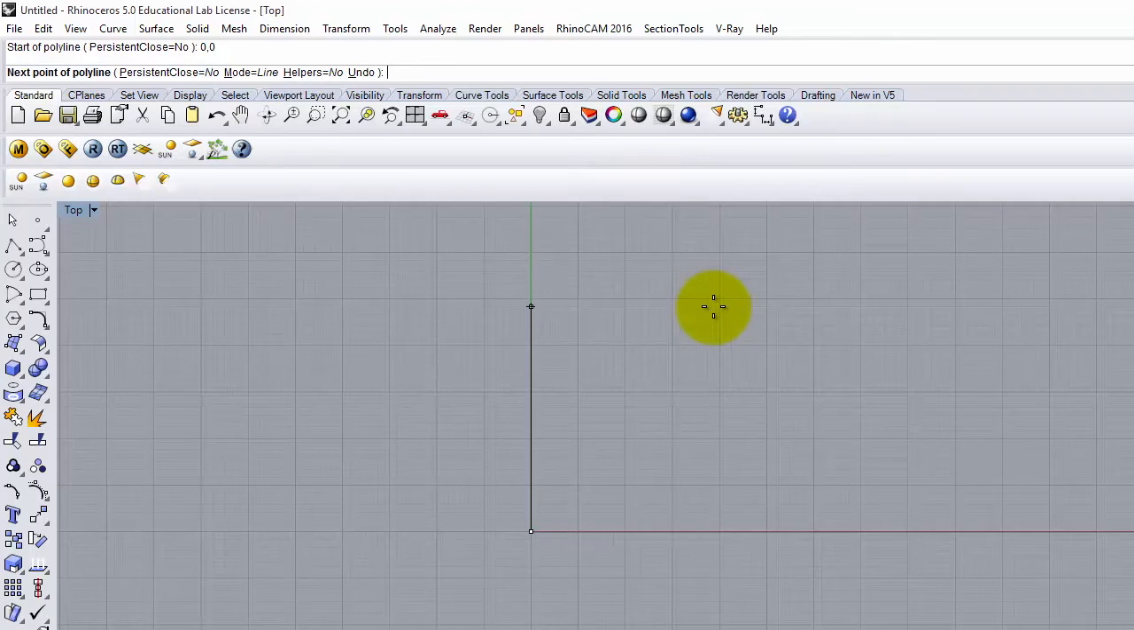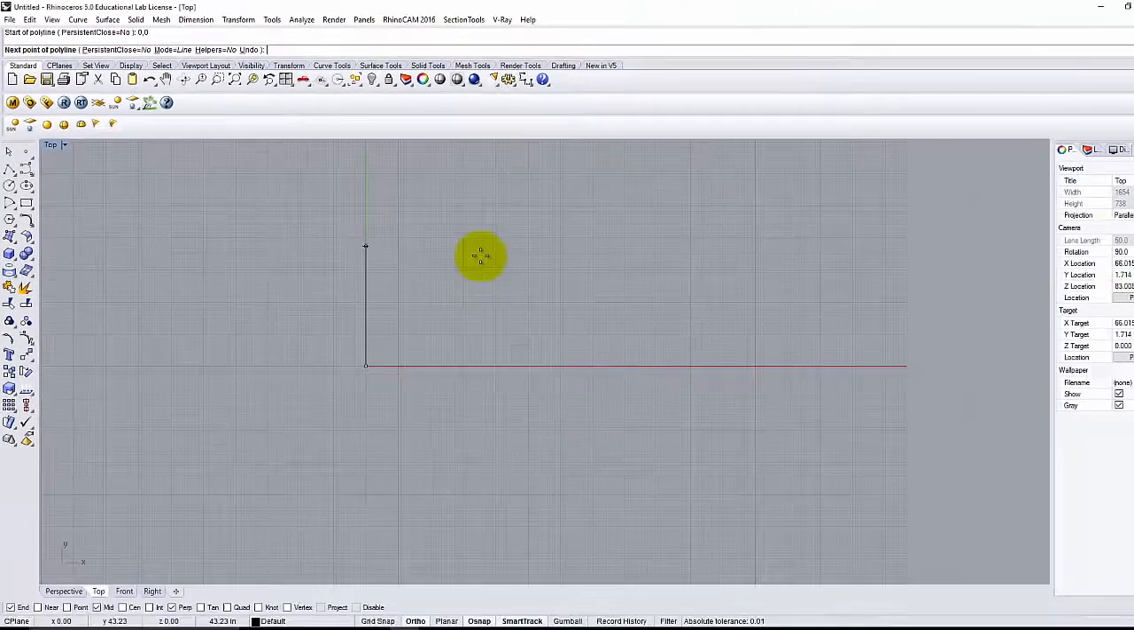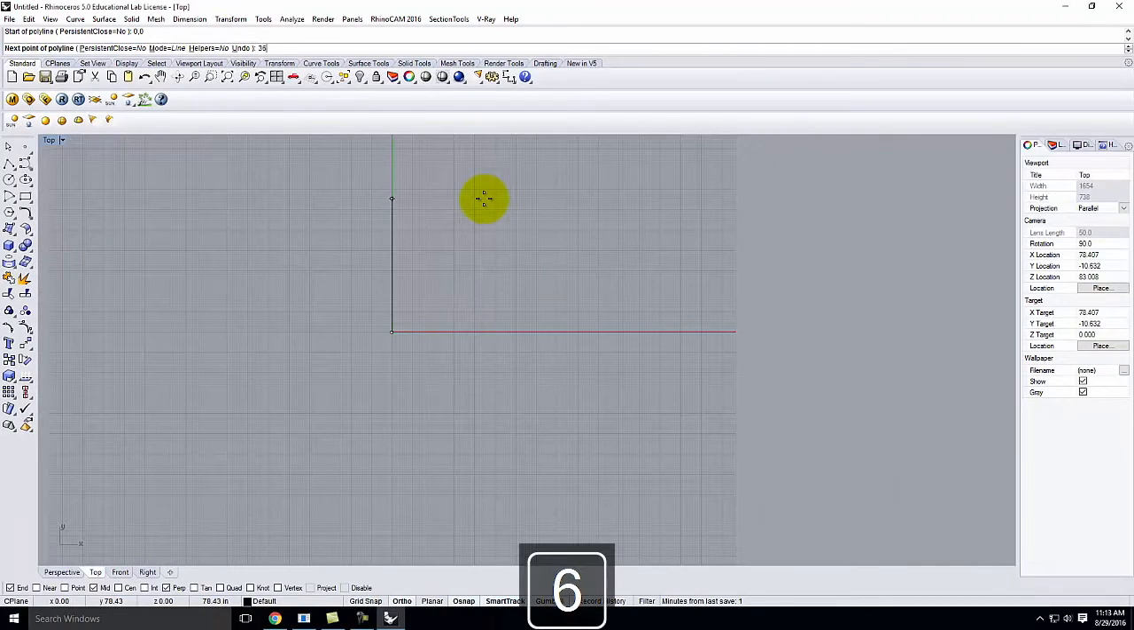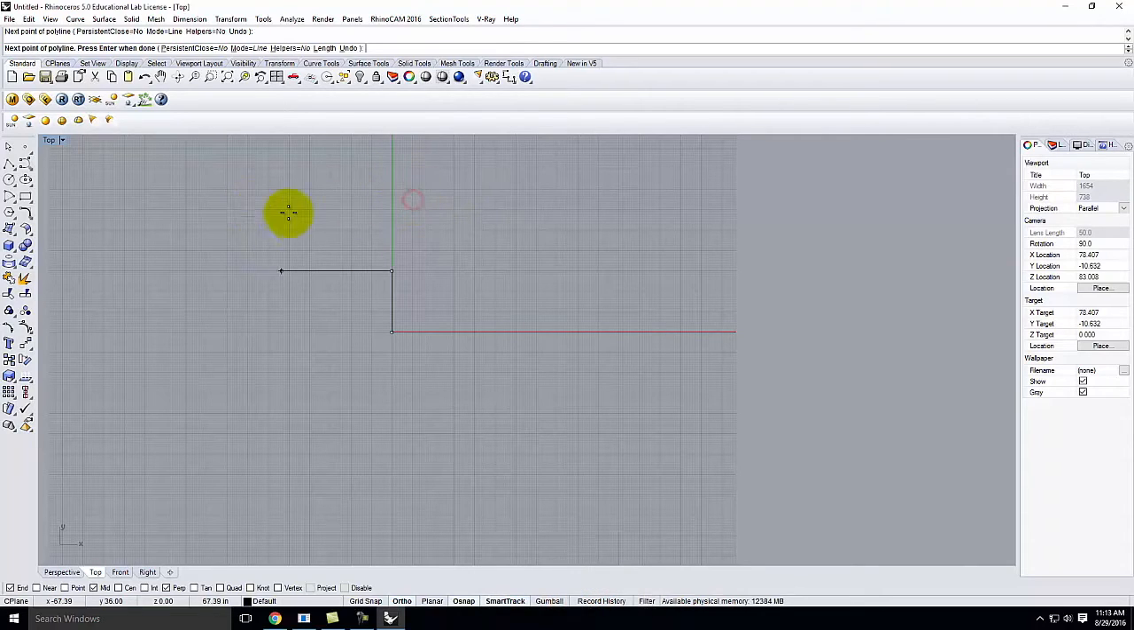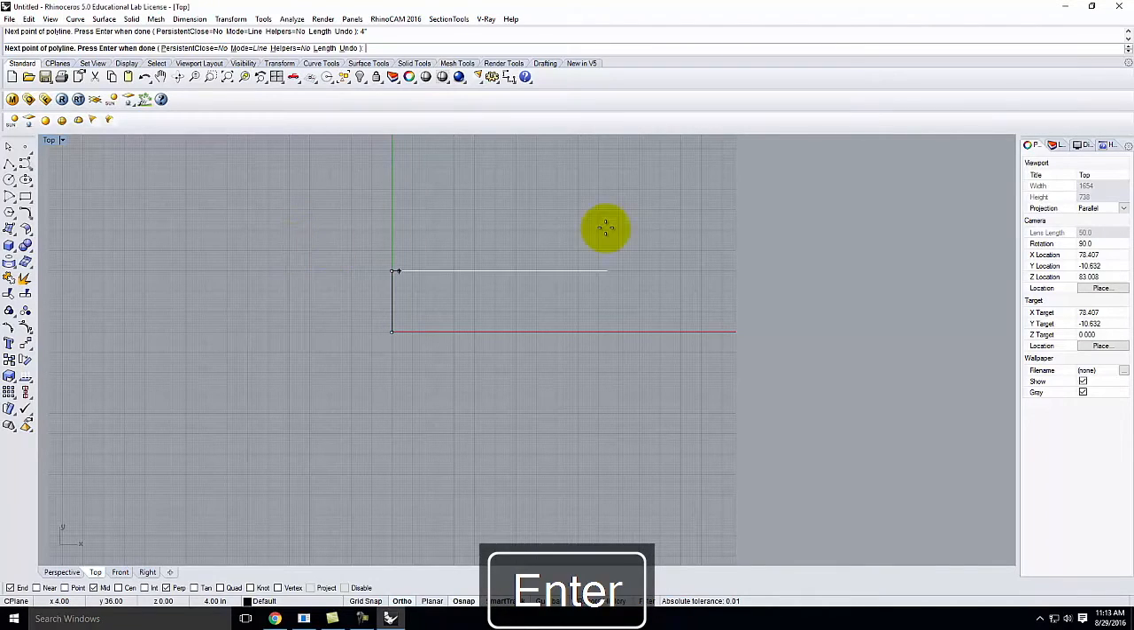Then I'm going to type in a distance followed by a direction. In this case, we have 36 inches tall. So I'm going to type in 36 inches, enter, and then I'm going to say, yes, I want it going in the positive y direction. Then I need to go over by 4 inches, so I'll type 4 inches, and I'll go